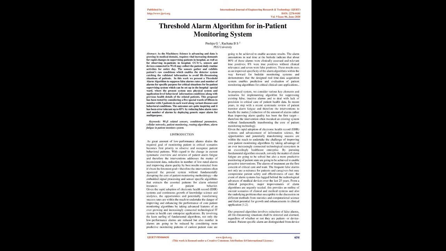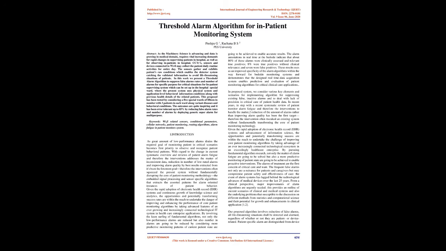CCTVs, sensors, and devices connected to Wi-Fi may collect the patient's daily routine activities for the entire day. The sensors gather and exhibit the patient's raw conditions, which enables the detector system to catch validated information to avoid life-threatening situations of patients. In this work we present a threshold alarm algorithm to suppress false alarm rates and the number of